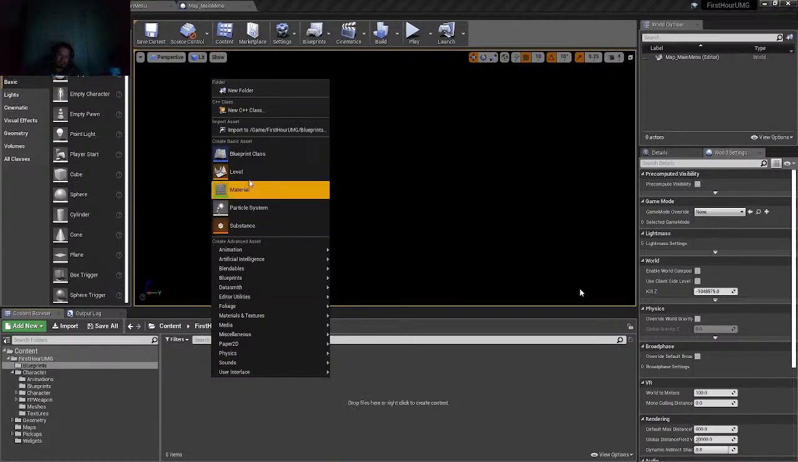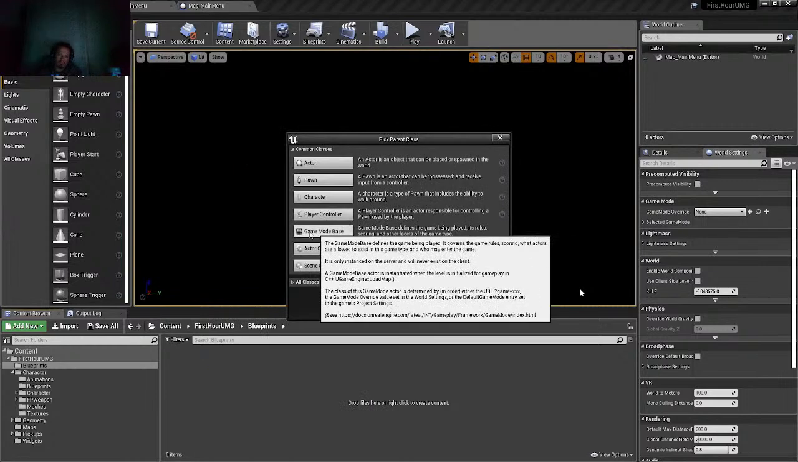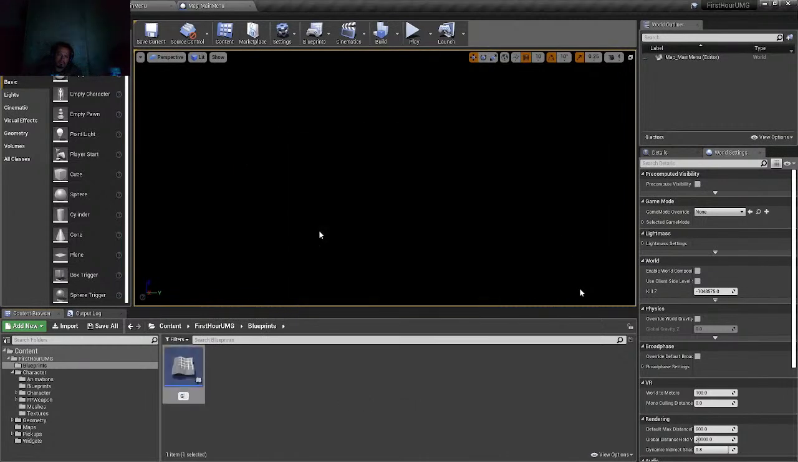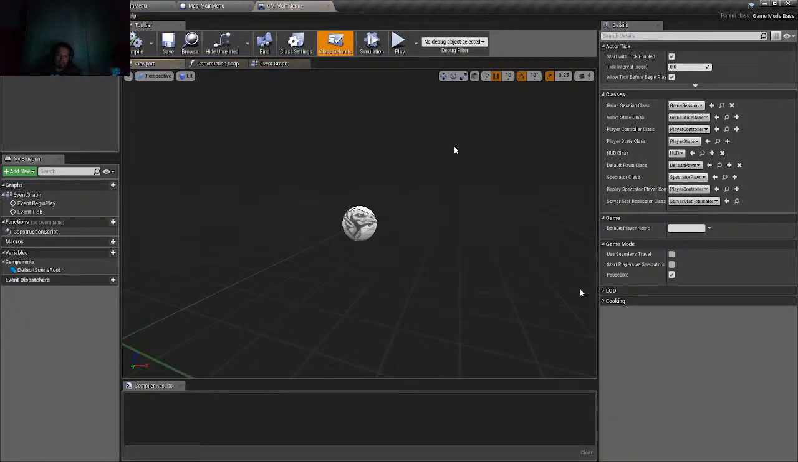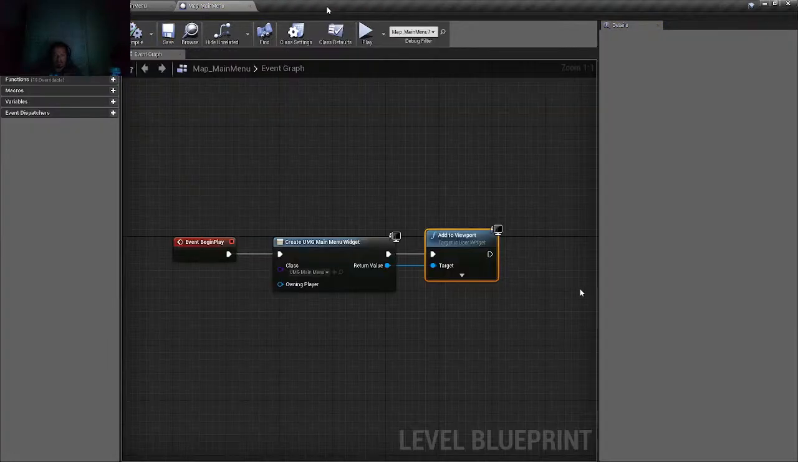Right click in the folder, go to Blueprint class, and choose game mode base. We're going to name this GM_main menu, which is a game mode for our main menu, and open it up. Once we have it open under class defaults, we have the different defaults for our game mode, and one of them is going to be our default pawn class. Change that to none. We don't want any pawns spawning at all. Once you've done that, you can save it and compile it and close it, and we're done with our game